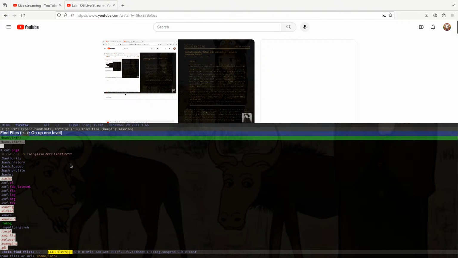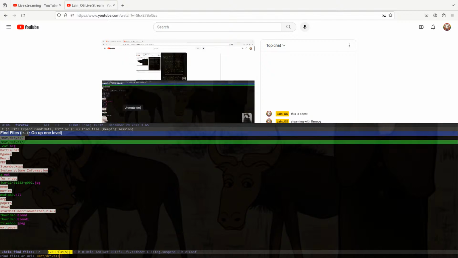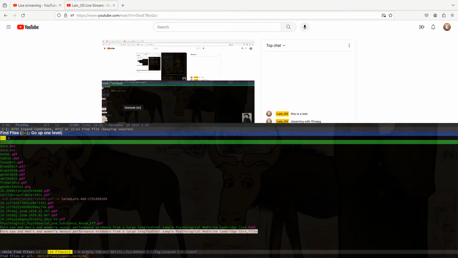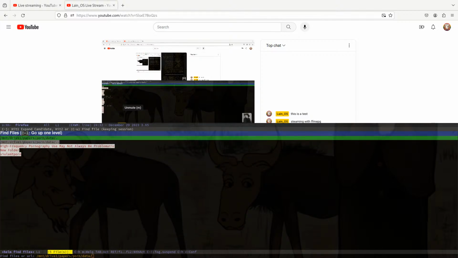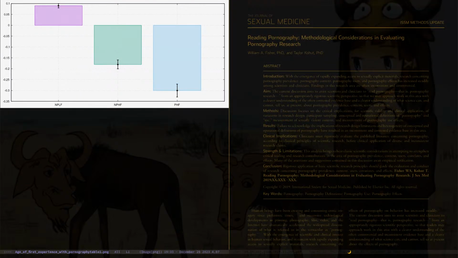I've also, I don't know if any of you know about this, but there's this very useful tool. Let's actually get back to here. It's called GNU Plot, and you can use it to plot out data. And I use that a bit. For example, for this study, there's different associations. For example, age of first viewed porn, not experienced porn. But, so I made this graph,